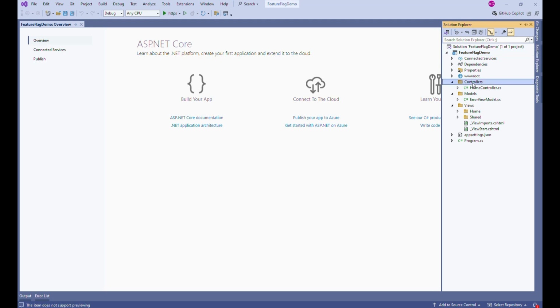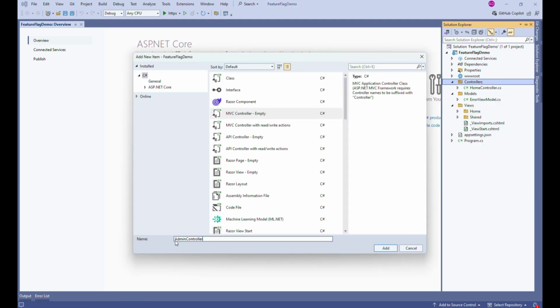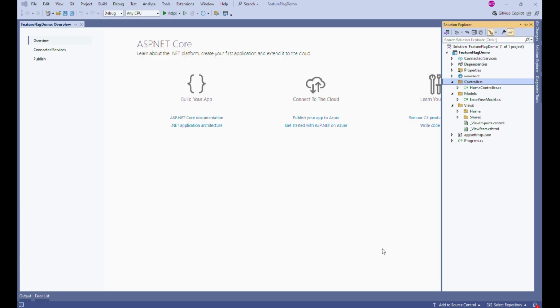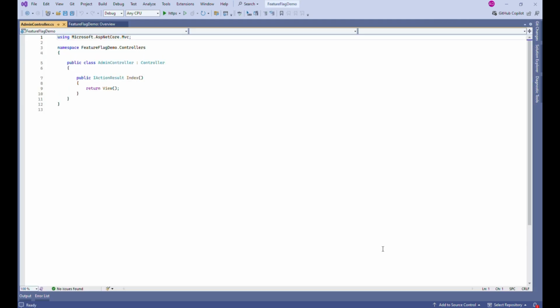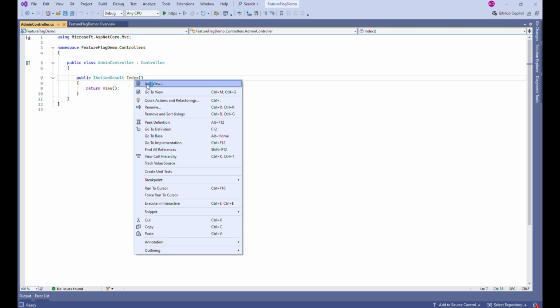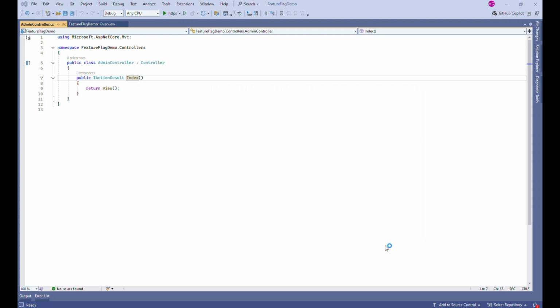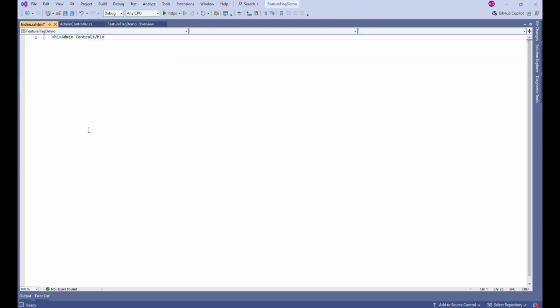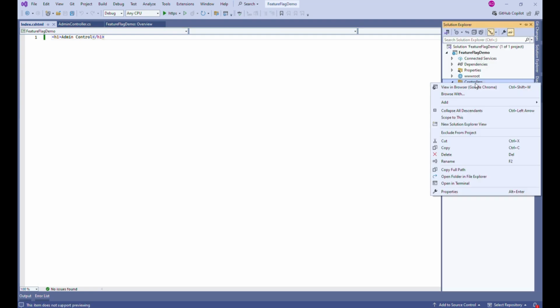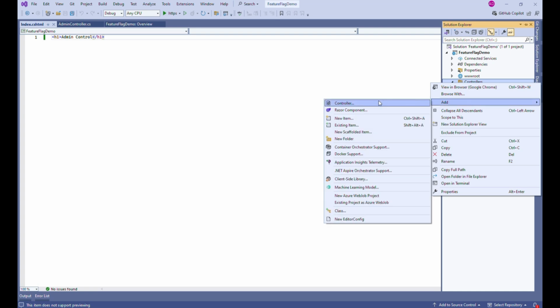Let me navigate to Solution Explorer and create a new empty controller with the name admin and click on add. Let me add a view to this controller. Add a text here. Similarly, let me add another controller. This time it will be a product controller.